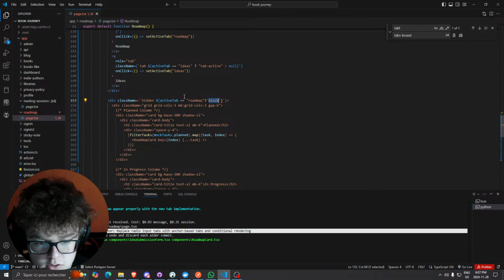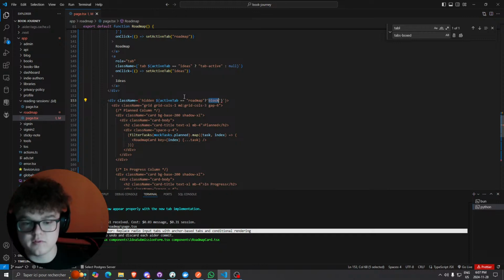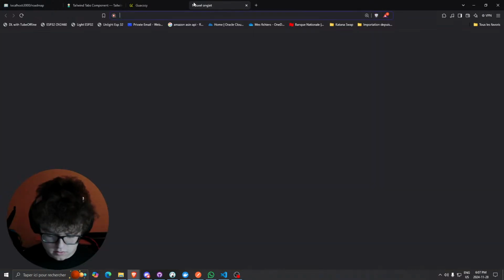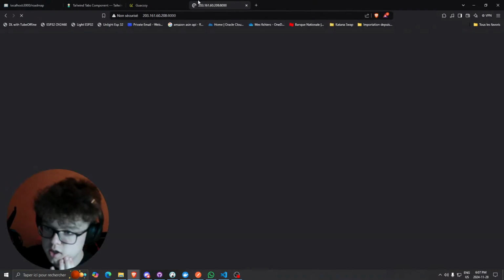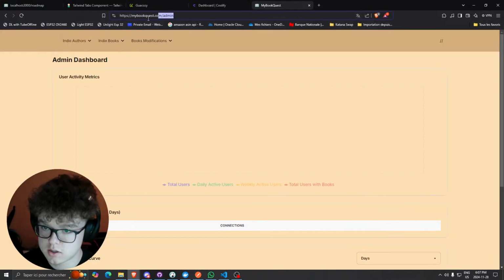You can just run npm supabase start, and it will set up a local Supabase. When I say self-hosting, I mean that right now I can show you the server I'm running on deployment, so mybookquest.com. If we look at the